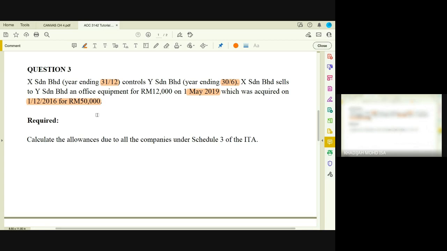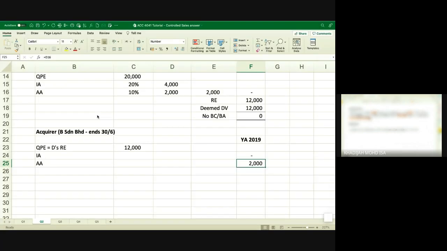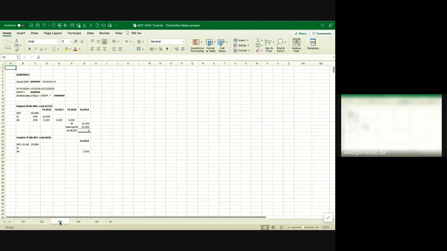So remember again, it's a control transfer. You have the disposer X, the acquirer is Y. X will start to claim, acquiring the asset in 2016. So it means that year end 31st December, 2016 will be the first year X claims 50,000 qualifying expenditure, right? Question number 3, we have